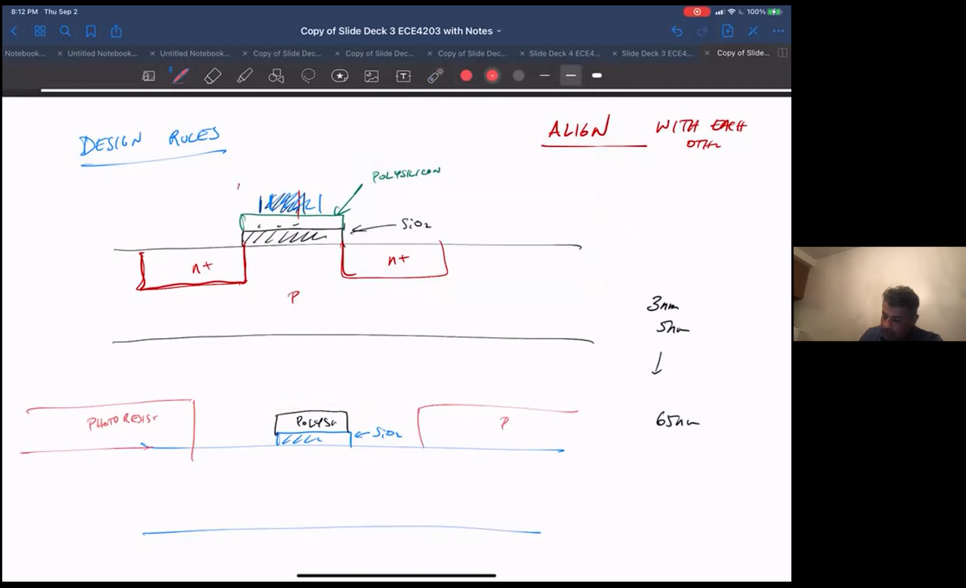And I put photoresist here. So this can move around back and forth a little bit with respect to this polysilicon. You don't really care. The important thing is right these edges. So now if I implant this guy with N+,